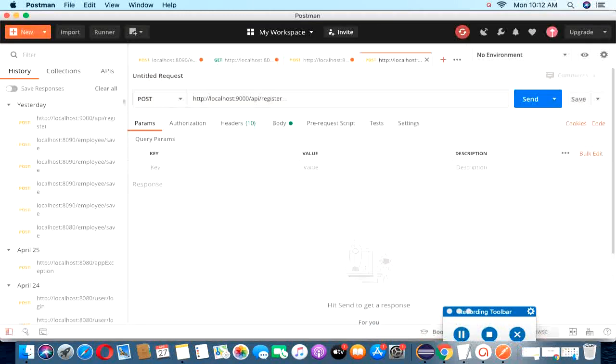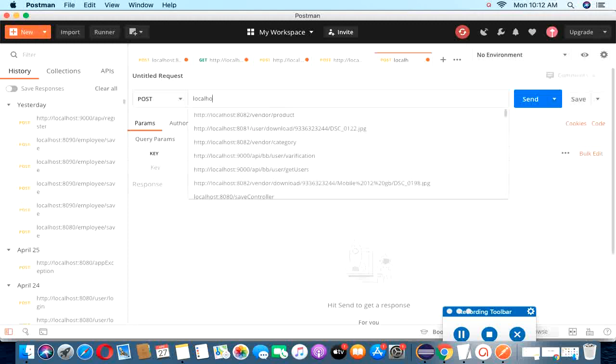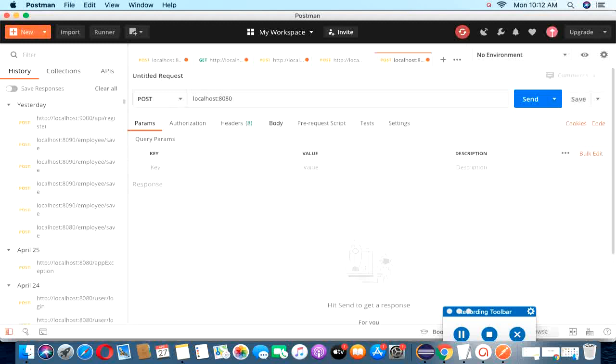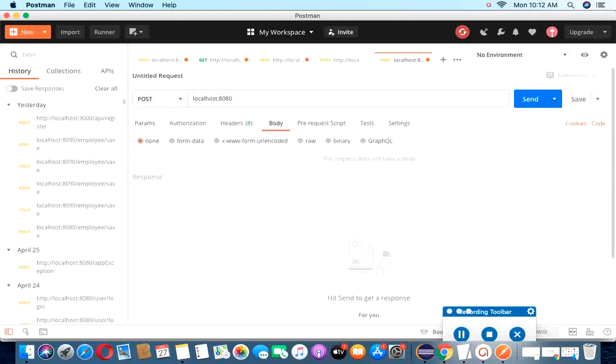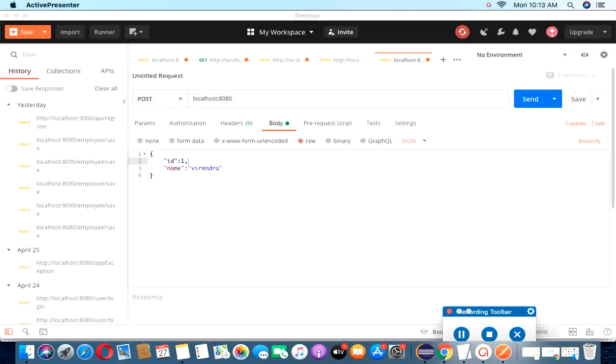So this is Postman. Let me create one POST method. So localhost 8080, and I need to create the POST request. So here I need to pass the JSON. So let me pass only two fields, ID and name, and you can observe